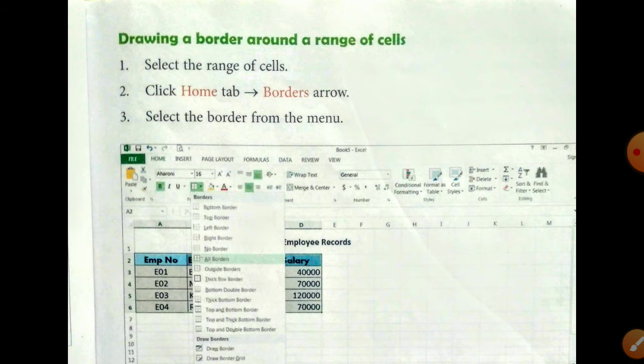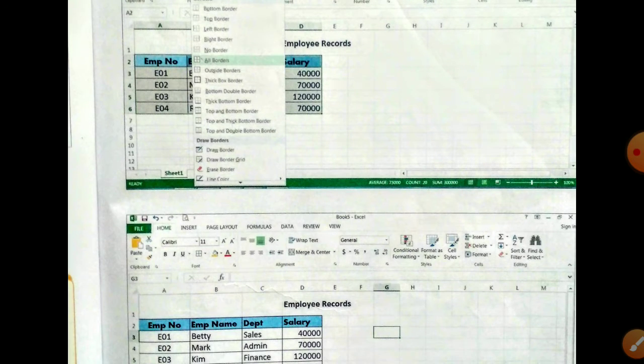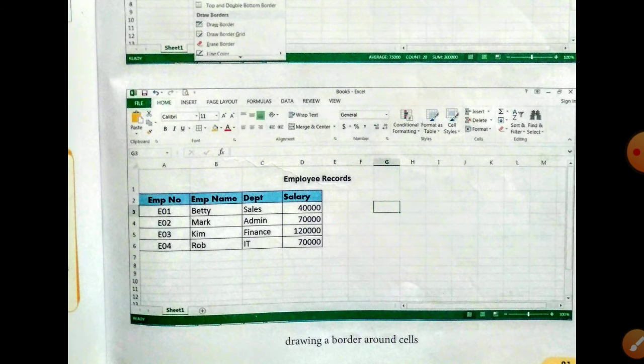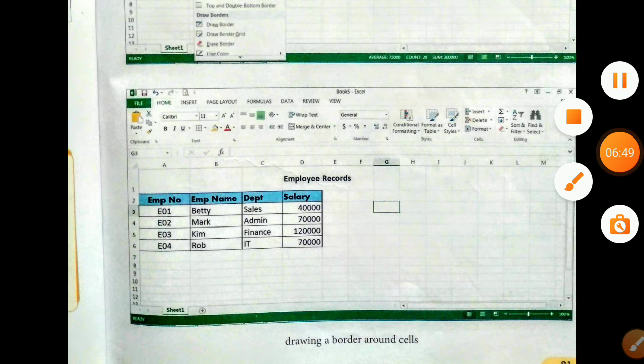Number 1, select the range of cells, then click Home tab, then go to the Borders arrow, then select the border from the menu. We use borders around a cell or around a range of cells to make our worksheet attractive and eye-catching.